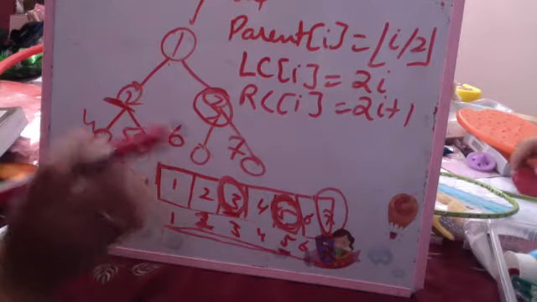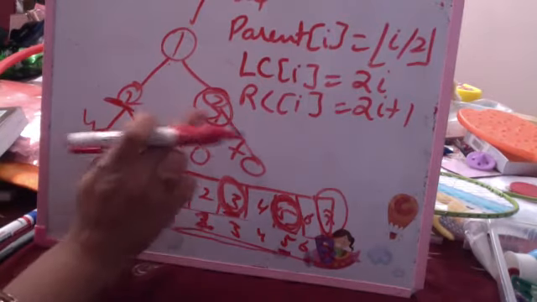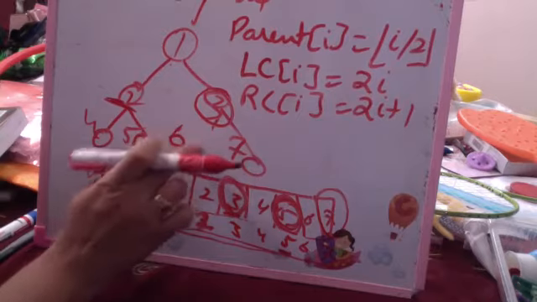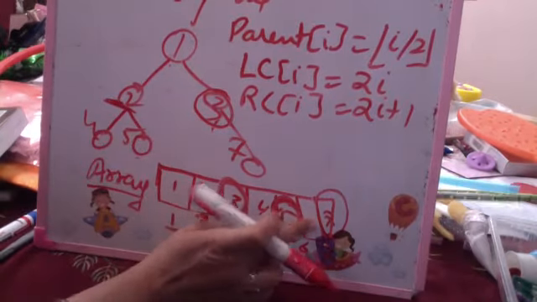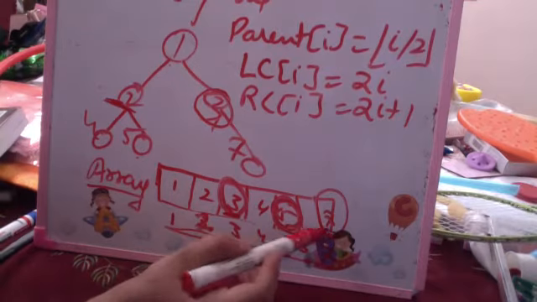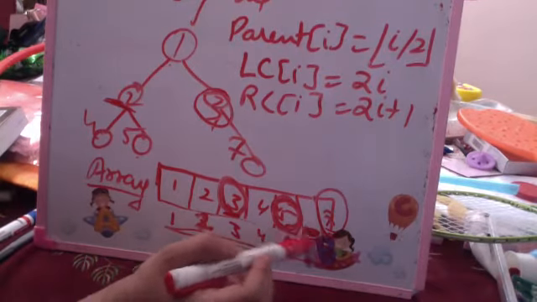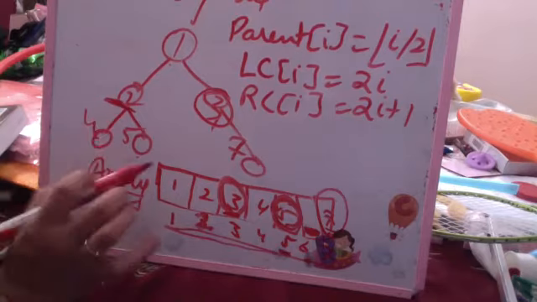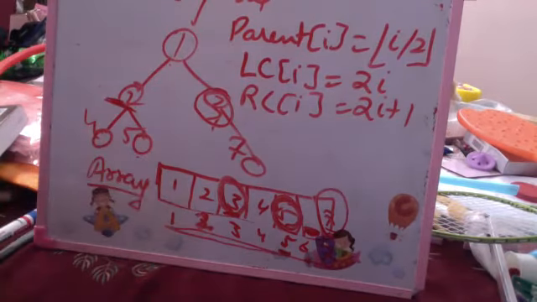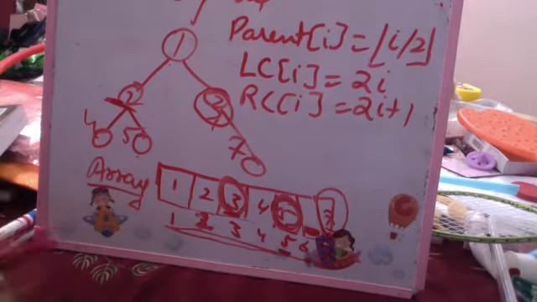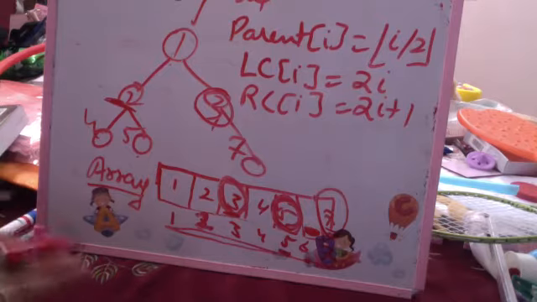The only disadvantage of this implementation is that supposedly this child does not exist. In case it is not existing, then you have to leave a blank value here. It is not possible that this value is coming here. So in case it is not a complete binary tree, there will be many empty spaces in the array. Yes or no? The array implementation is clear to all.